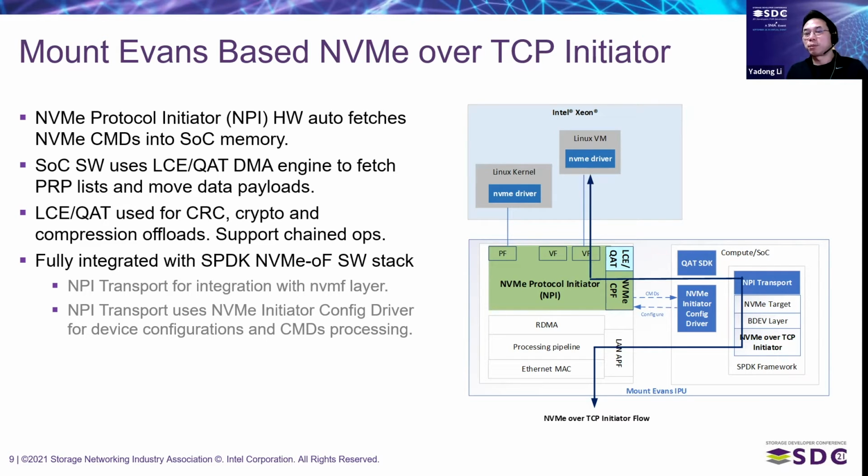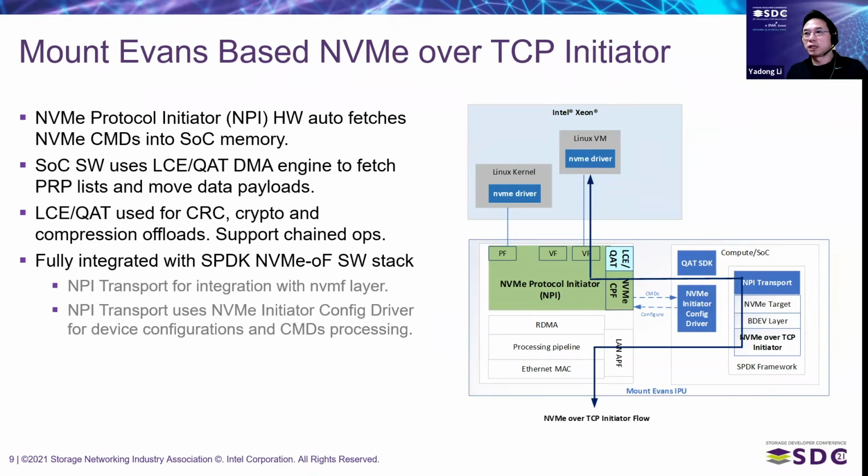It can be an NVMe PF or NVMe VF. When the NVMe driver posts commands to the NVMe device interface, the NVMe hardware interface, in this case, this is an NVMe protocol initiator, in short, MPI. This is the hardware interface that we talked about in previous slides, right? It fetches the commands from the host, does the necessary processing, and then forwards the commands to the SoC inside the IPU. So the software now can take over and process the commands,